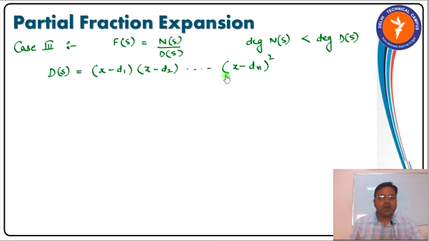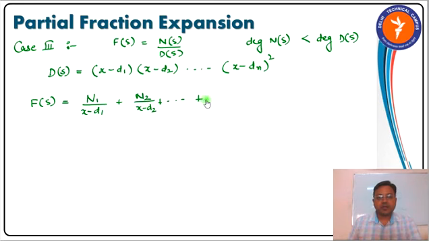What to do in that case? How to calculate the residues? In that case we can represent F(s) to be equal to n1 divided by (x minus d1) plus n2 divided by (x minus d2) plus, and so on. This will continue if all these are of first order. Whenever we encounter a factor of higher order, then this will change. It will have a residue of